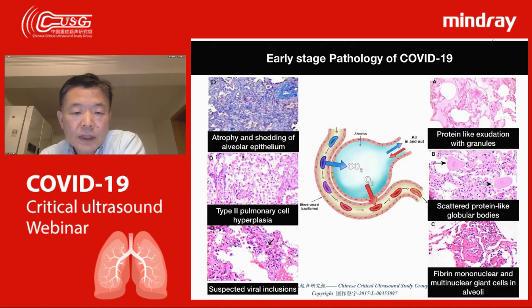So in this area, we can still see in these patients the damage is located in the epithelial side and also some interstitial part. But now we don't have a lot of information to see damage to the vasculature. So the endothelium, in this stage, seemingly is still okay.